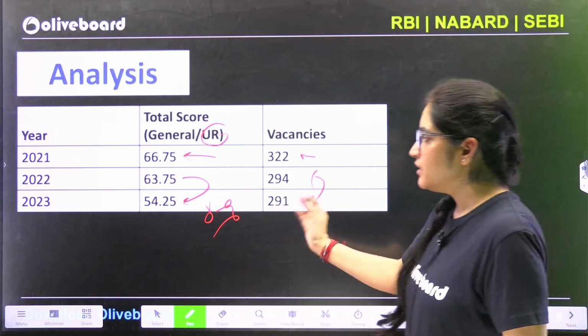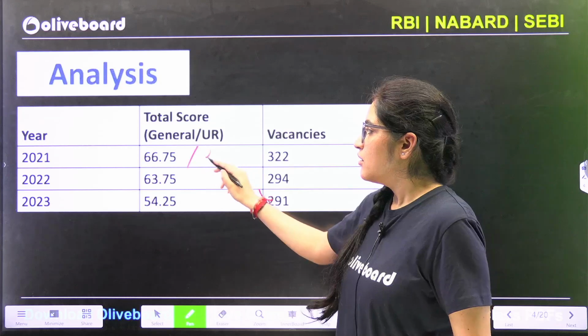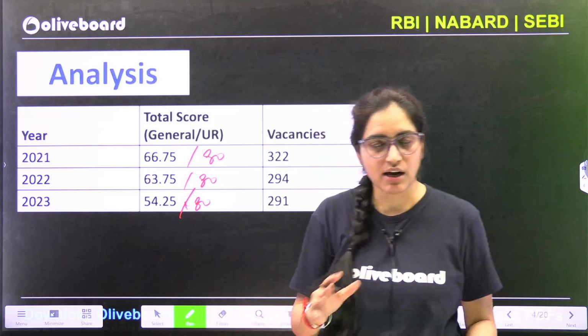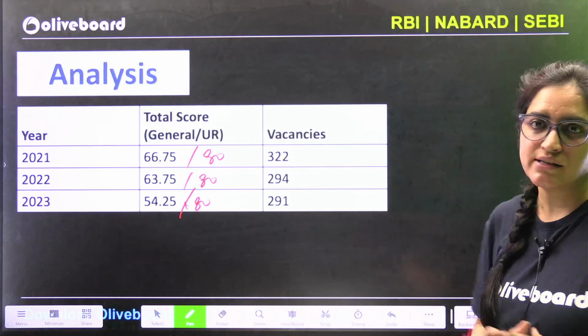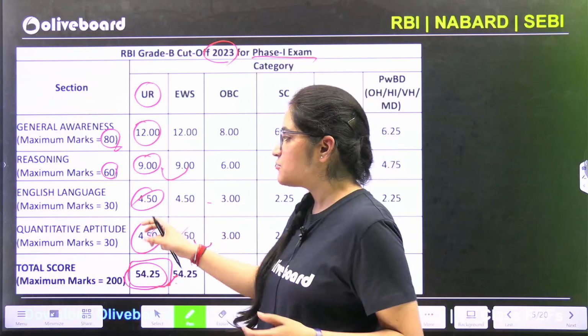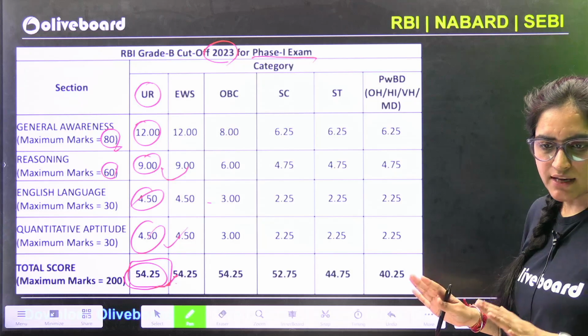Not even last year, इससे पहले वाले किसी भी ईयर में देख लो, आप सिर्फ GA करके भी क्वालिफाई, मतलब GA की कट ऑफ, अगर आप GA में अच्छा परफॉर्म करोगे, then also you will be able to qualify this exam. But obviously क्वांट और रीजनिंग और इंग्लिश में वो जो बेसिक मार्क्स है वो आपको लाने होंगे, and that's a must. Nevertheless